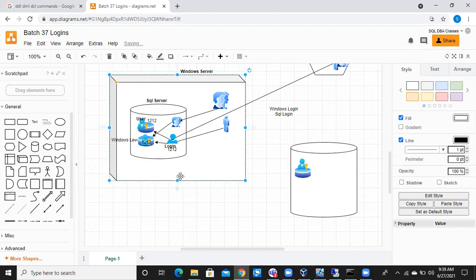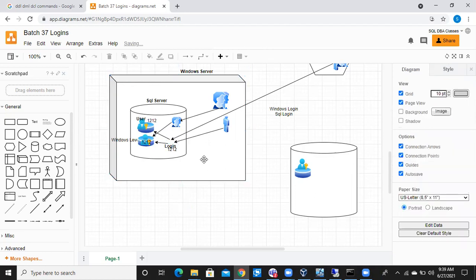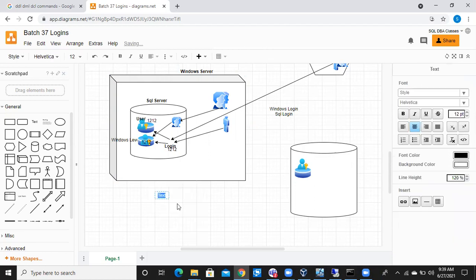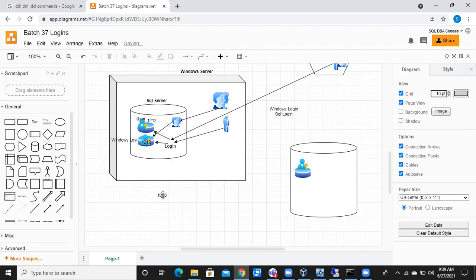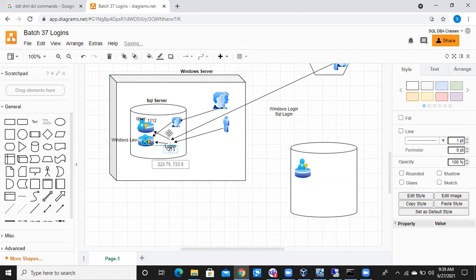If you delete this login and create a new login, there is no guarantee that you get the same 1212 SID. It may be 1213. Now, how are a login and a user associated together?